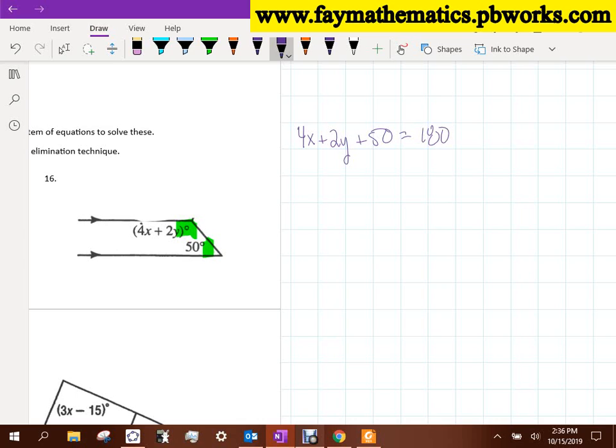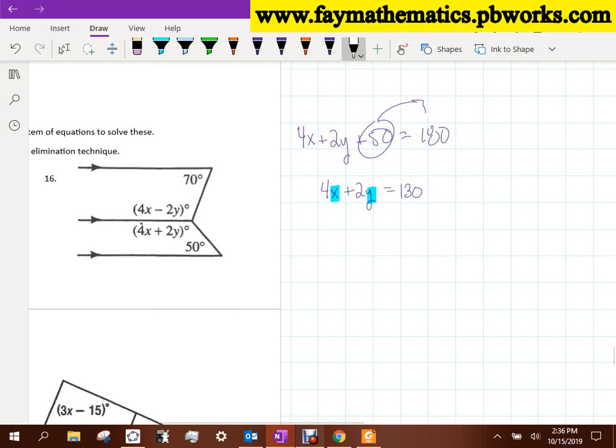Now, in all situations, in all mathematics, and you spent a lot of time last year doing this, you should clean these equations up. Okay, so when I clean this up, I would probably prefer to write this as that. Does that make sense? Just move that 50 to the other side. But I get two variables, right? So if we get two variables, we need to